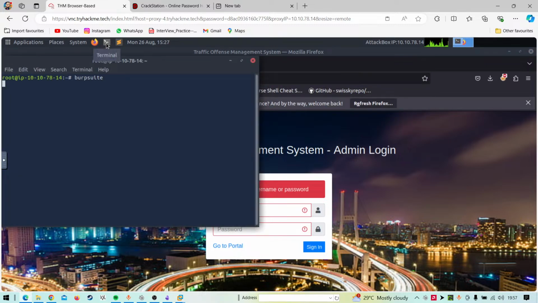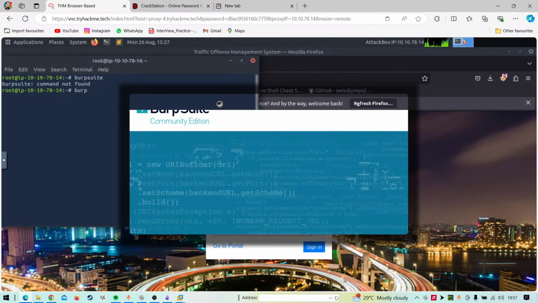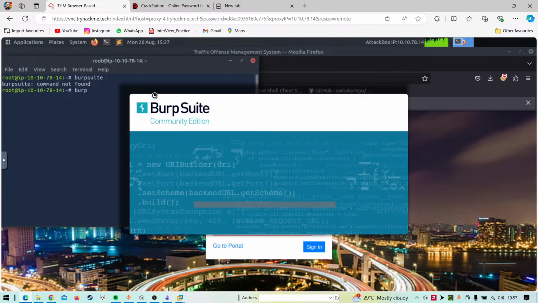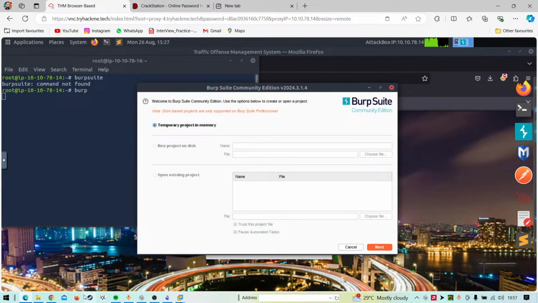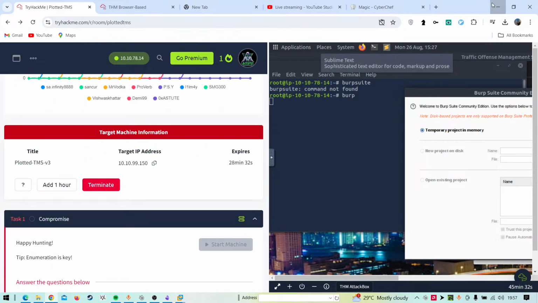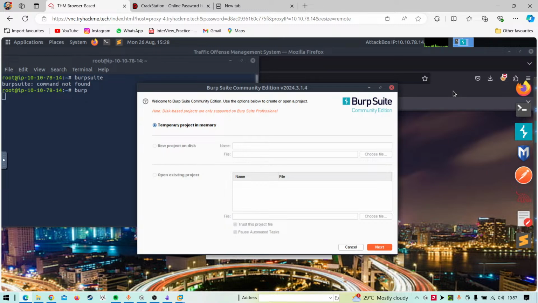Do we have Burp Suite here? No, we have it. Oh yeah, Burp Suite is on.